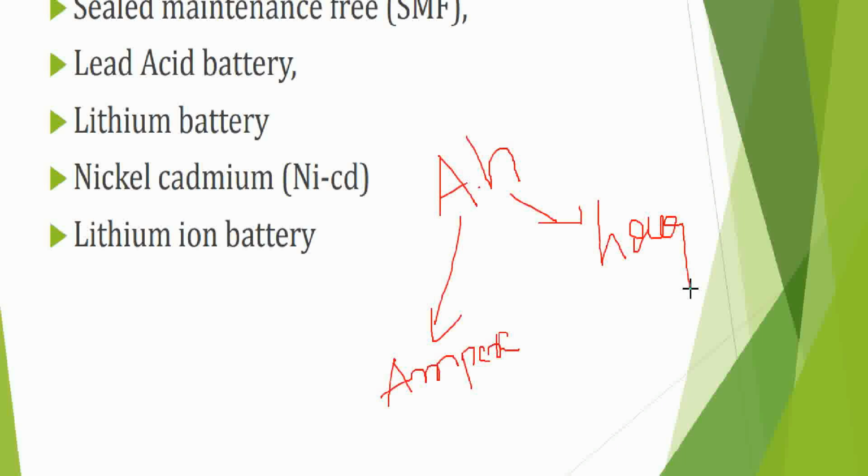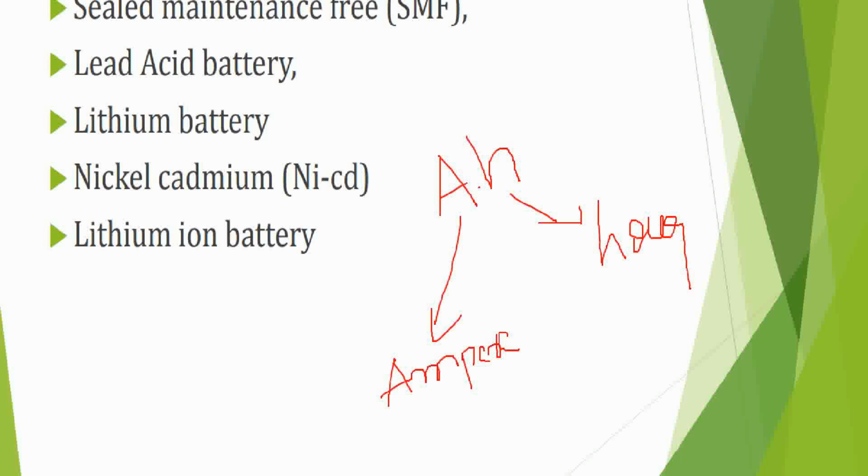Generally, this rating is proportional to the physical size. So if size increases, the Ah rating also increases. We have 6000 mAh batteries and 3000 mAh batteries. We have power banks also, where you will find 6000 mAh, 10,000 mAh, 20,000 mAh. The unit is mAh, milliampere hours. M stands for milli, A for amperes and H for hours.